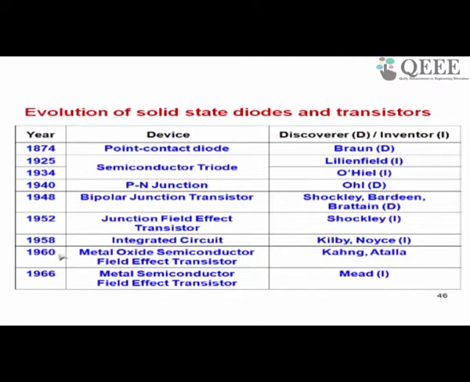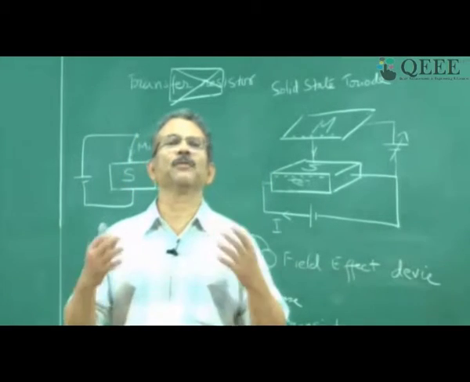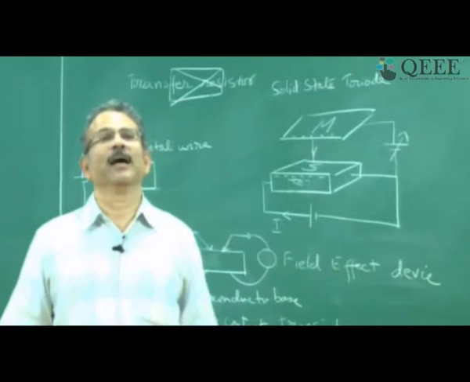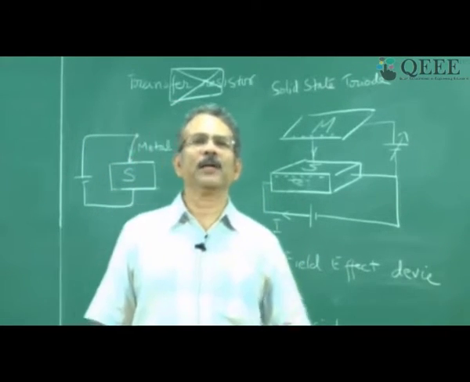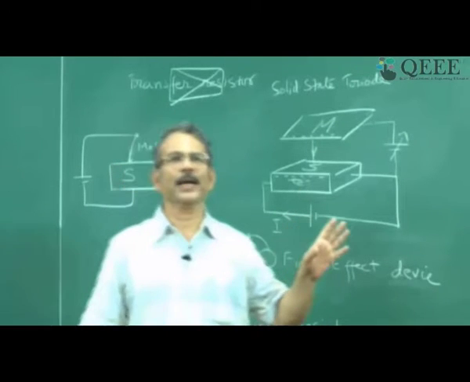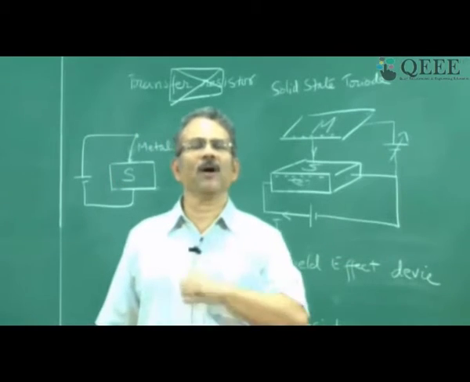There are many other devices which were proposed after that. I am just showing you one device, that is a metal semiconductor field effect transistor. As I mentioned in the beginning of this session, there are many different types of field effect transistors. You can do a net search and find out how many different types of field effect transistors there are. Bipolar transistor, there are not many varieties. But field effect transistors, a lot of varieties.